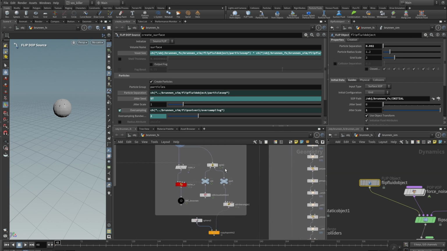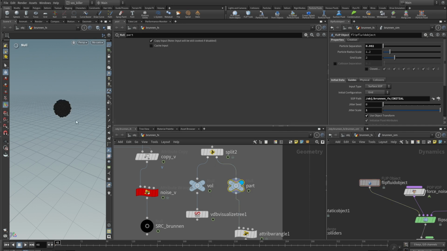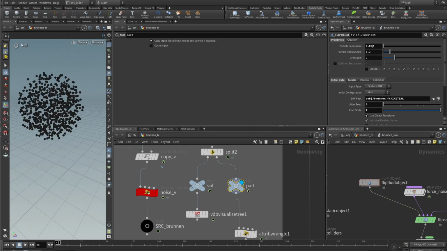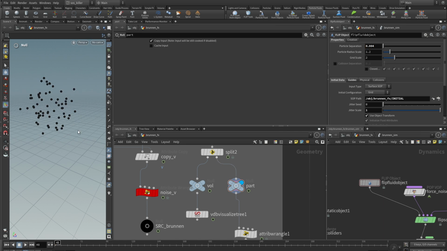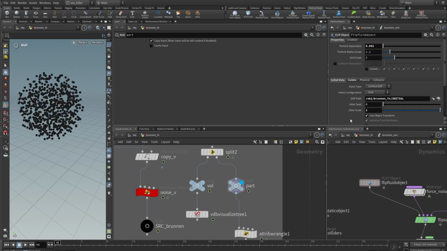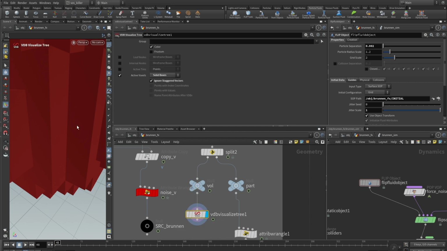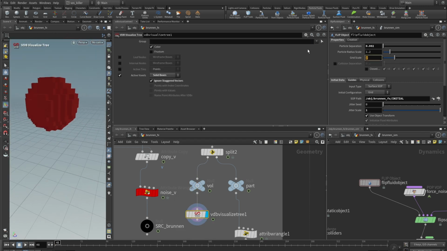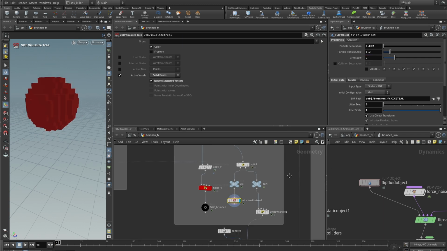For example, if you look at the particles here, if I increase this value, it will decrease the amount of particles inside the voxel grid. Let's go back to here. What this guy is doing is the volume grid scale. If you look at this one here, if you change the resolution here, it will increase or decrease the resolution of your volume. As I already told you,